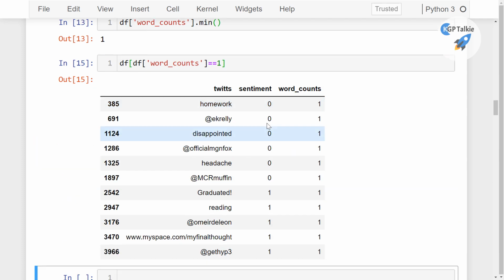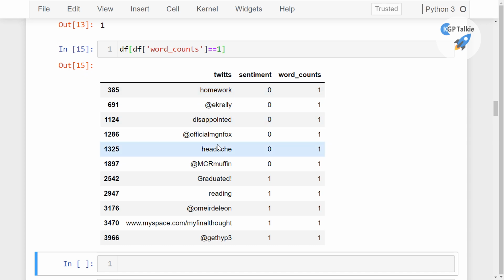You will get these tweets which had only 1 word, and it says that these are the positive sentiment and these are the negative sentiment. Although this does not mean that these are negative sentiment, by default it is saying that these are negative and these are positive.